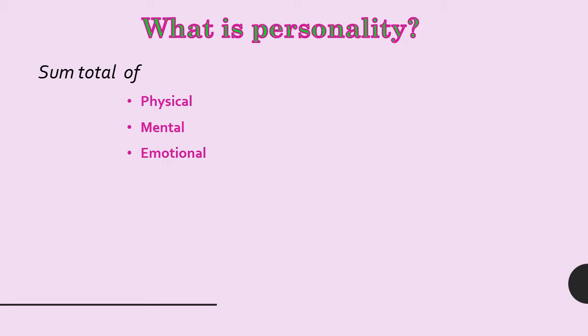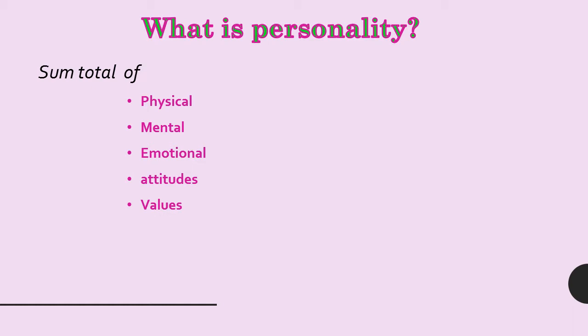Then all our emotions are also part of personality. What we think or what we process brings emotions in ourselves, right? So emotions are also part of our personality. And these emotions or emotional aspects give rise to the attitude, how you behave, how you show your things. Then it also includes the value system we have,